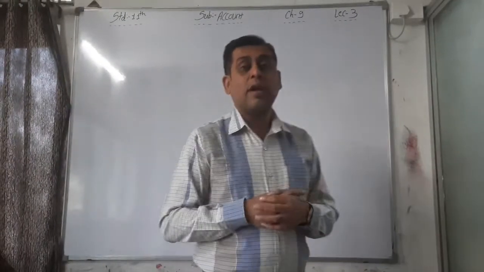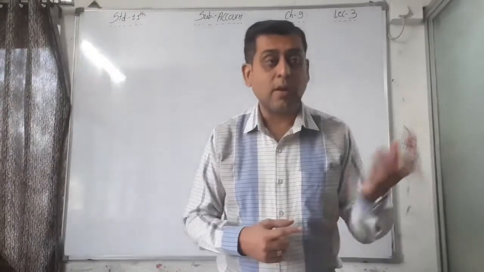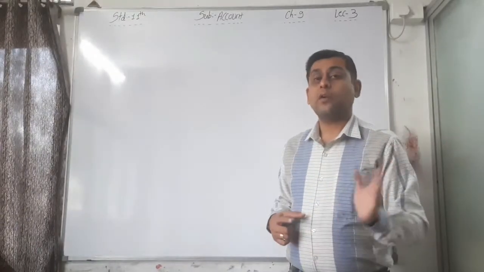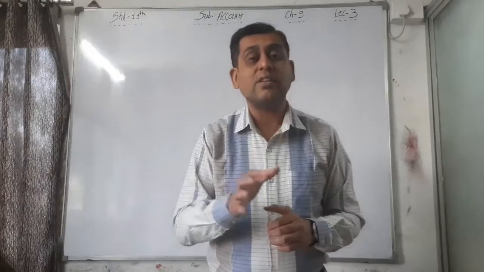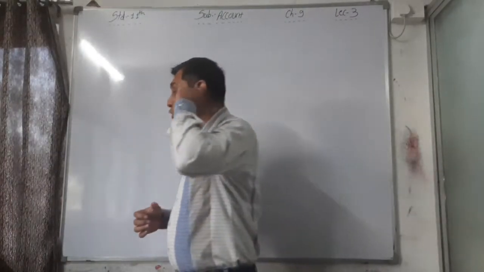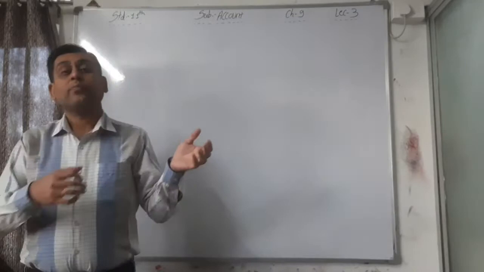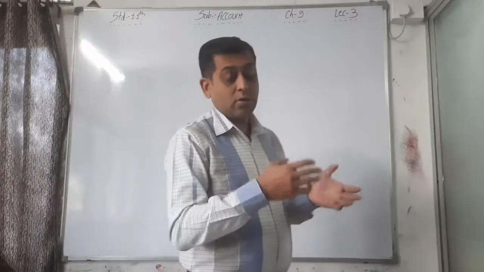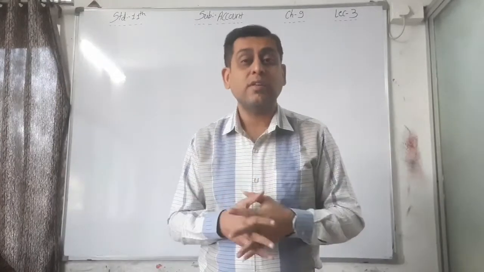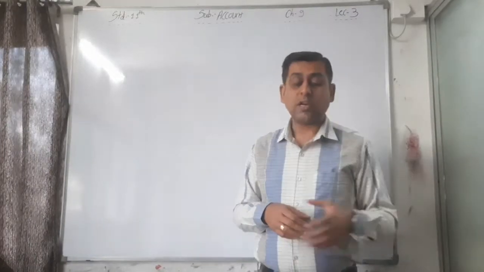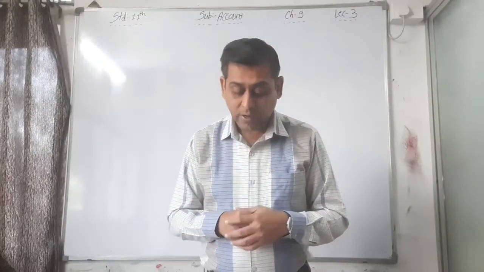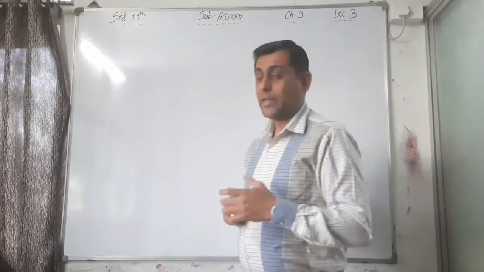Again I am telling you the definition of capital: any cash or kind brought by the owner into the business is called capital. Here the stock of goods is brought in by the owner into the business, that's why that is his capital. So the entry is goods account debit side to capital account 55,000.